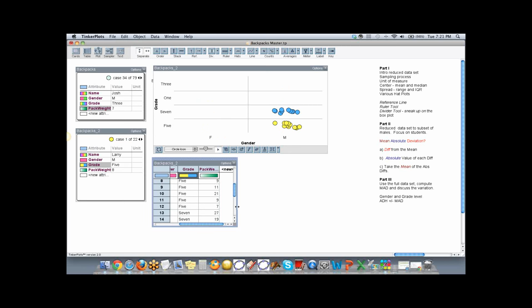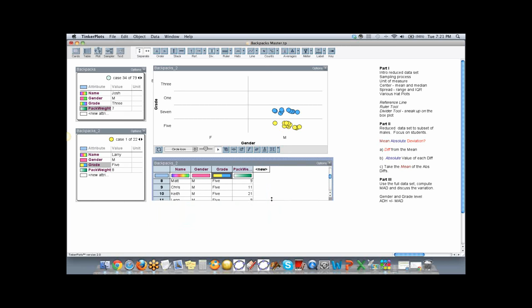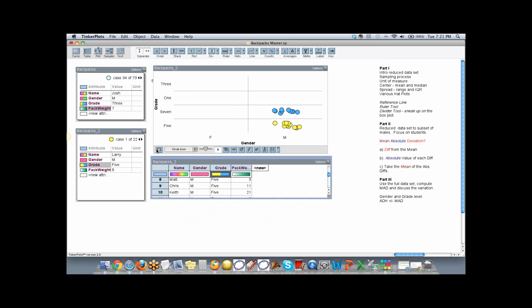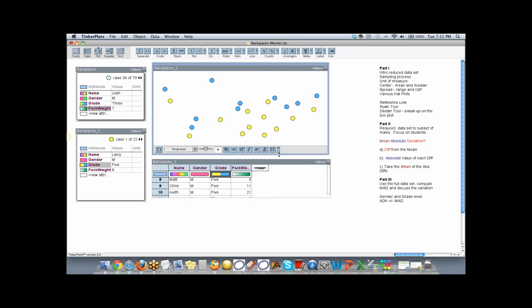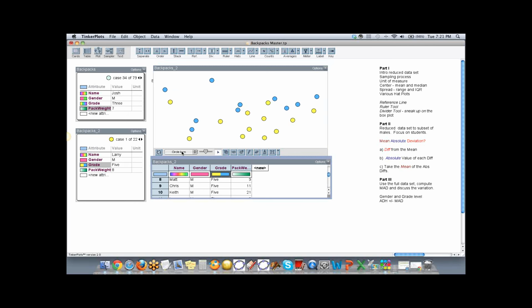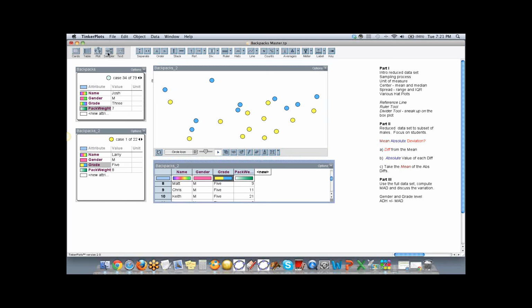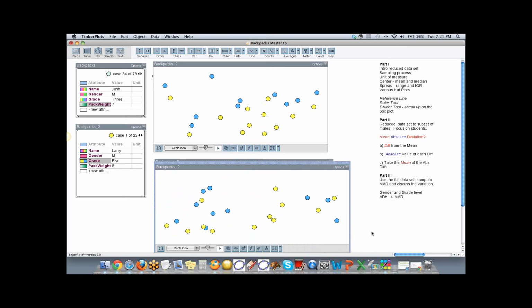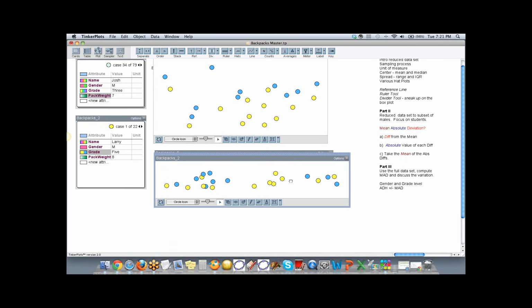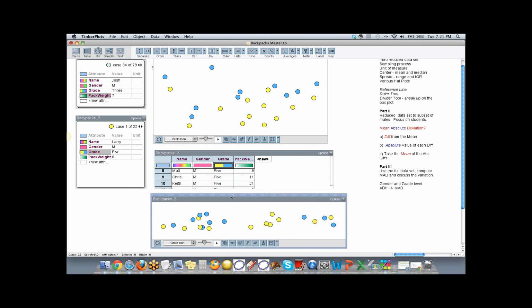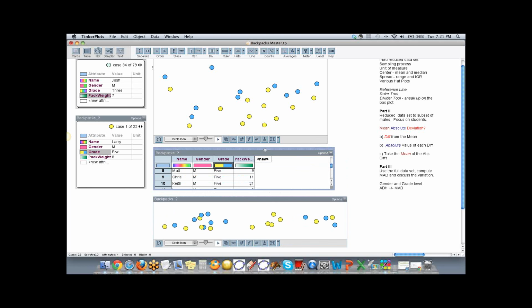I am going to use this table because multiple representations requires that we pay attention to graphs and data in the tables. So we're going to look at some formulas as we move forward here. I want to pull down one more plot, and I'll make it rather skinny so I can get to the bottom of it. And you'll see why the second plot is here in just a little bit. So that looks good. So now we're working with the data set for boys.